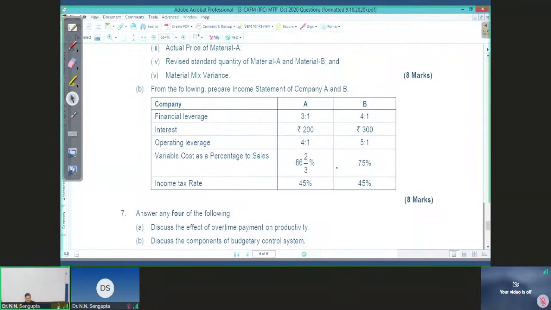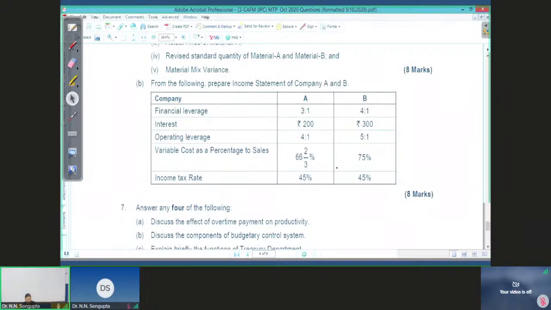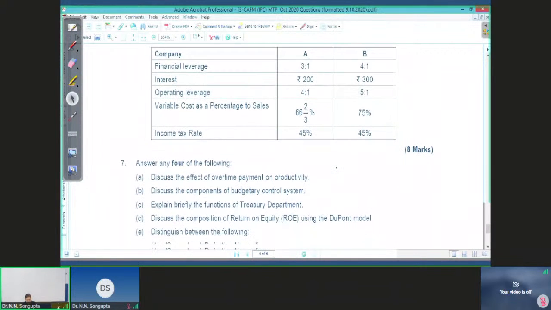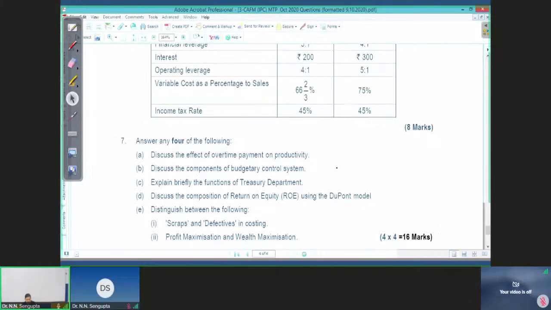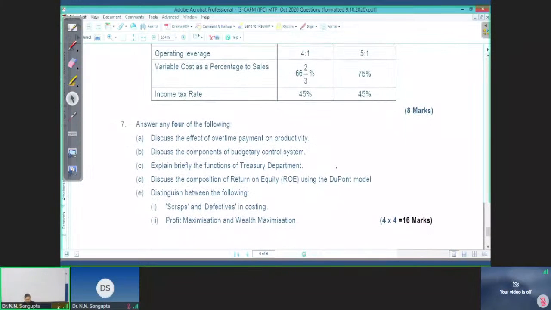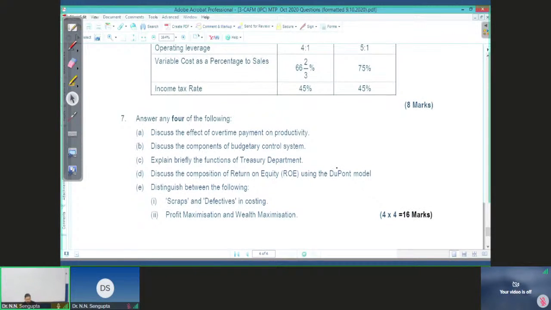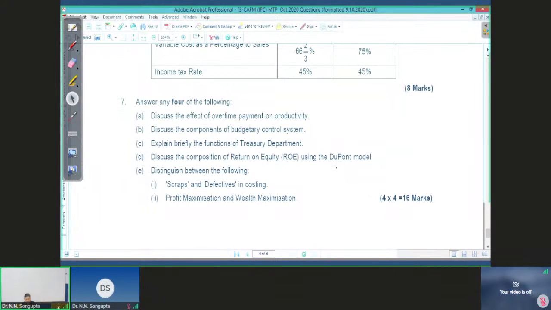Then the next question, which you are required to prepare, different kind of leverage is given, and you need to prepare an income statement. So again, a different type of question. And then the last theoretical question, and mind you, in the last theoretical question, there will be one question where 2 marks will be from costing and 2 marks will be from